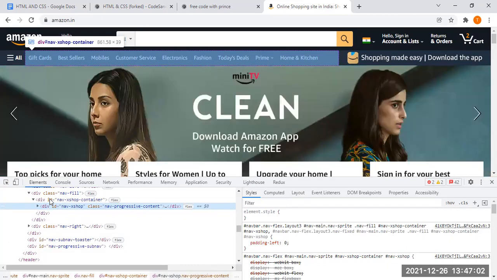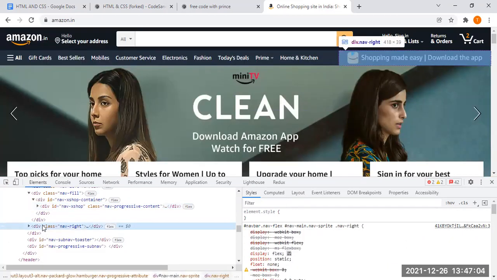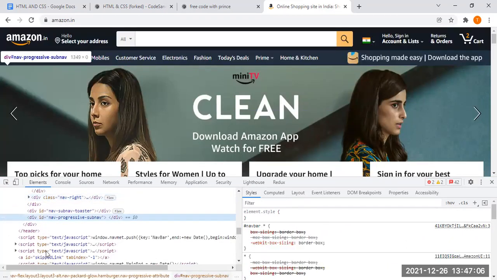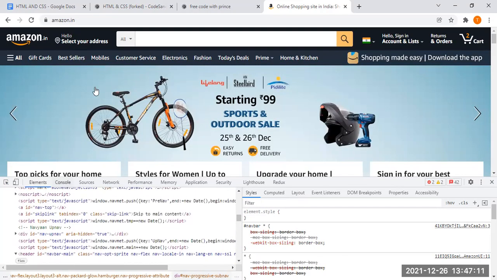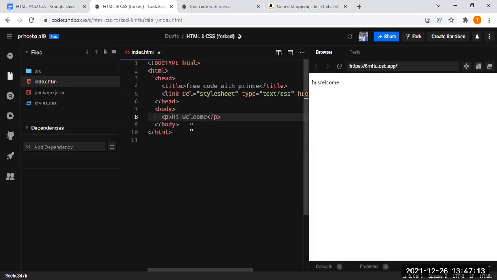If I click on this, that is also a division. This is also a division. Mostly these divisions are used. The main purpose is that the division is a block-level element and it's like a container, so it plays a great role in building a website. So this is about the paragraph tag.